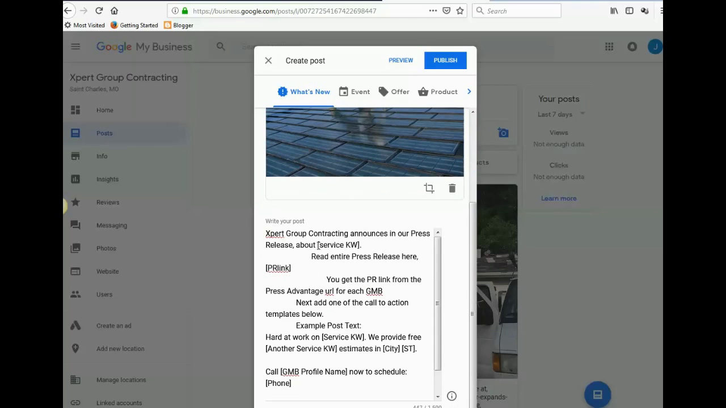These that are in between these brackets are the tokens. So this is what you want to trade out. It says you want to put a service keyword there. In this case, if you read it, it says Expert Group Contracting announces in our press release about, and in the press release, if you actually open it up and read it, it says that it's expanding new roofing services. So you could say